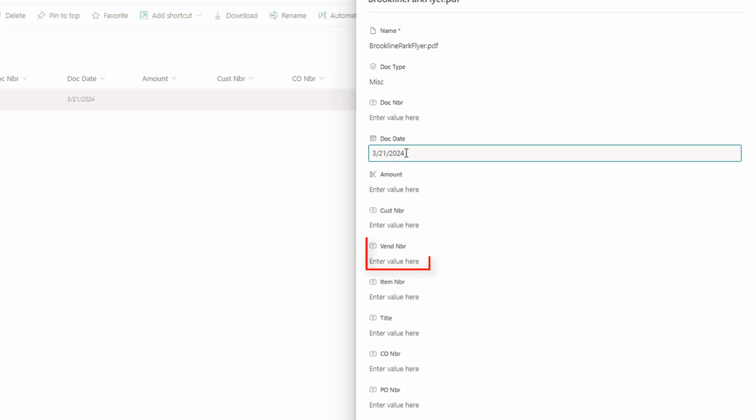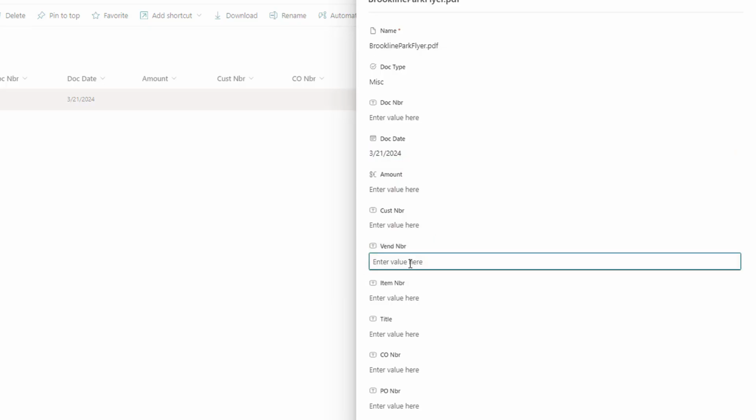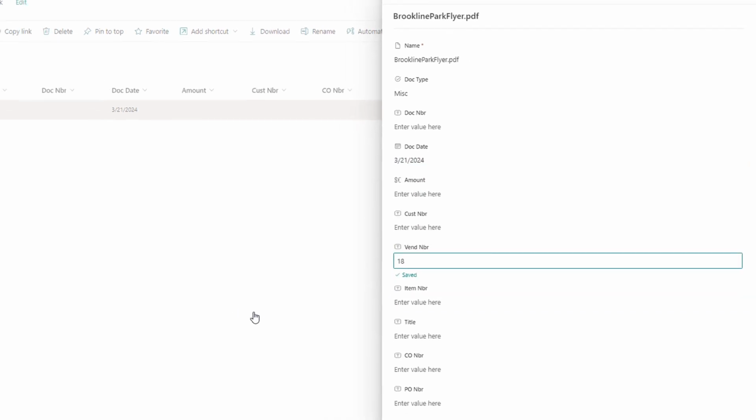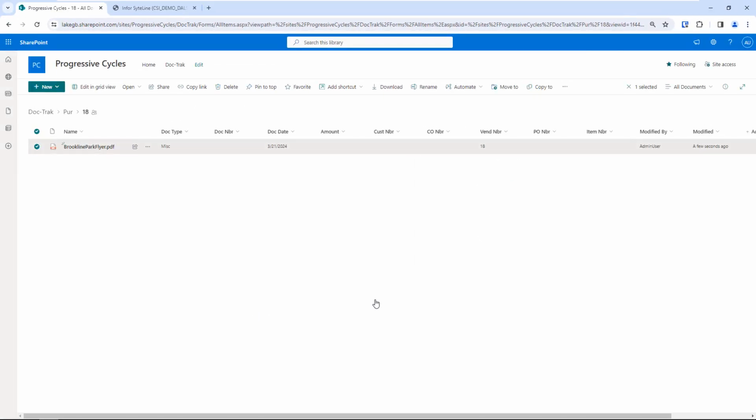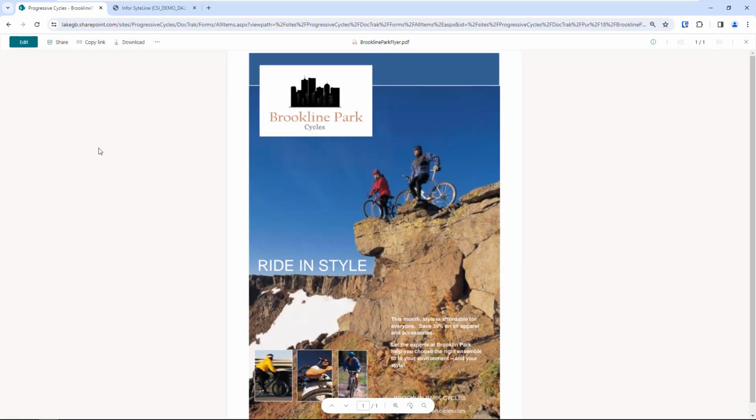And finally, in the vendor number field, I'll enter 18. Now those values I entered appear in the columns. And when I click this hyperlink, the PDF opens in my browser.